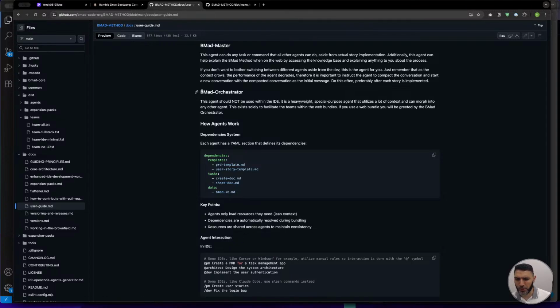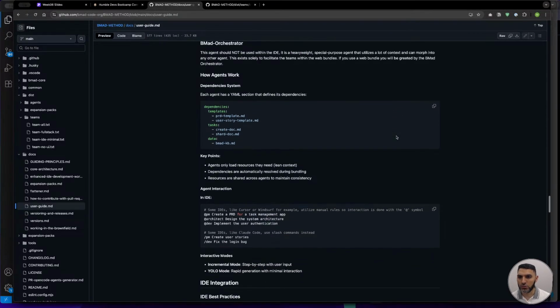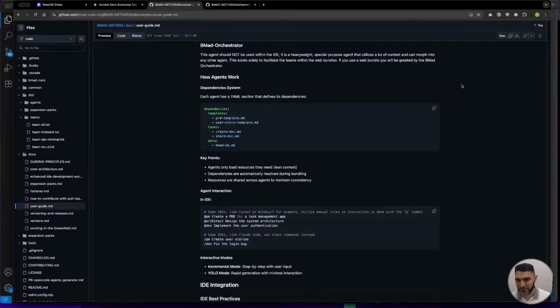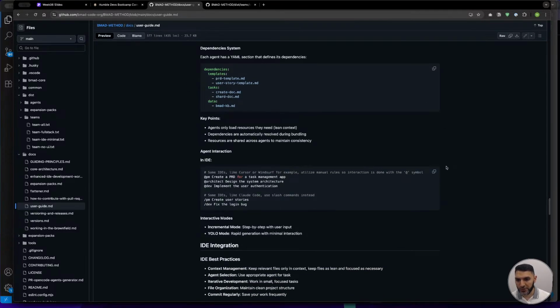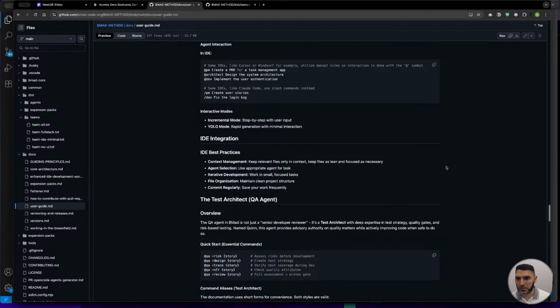So a special mention about the orchestrator, right? Which is a huge thing, which we already saw. This is something that we should not use in the IDE. This is meant for using on the web with a very large context window to do a lot of things on your behalf, right? So if we are going to go in our IDE,